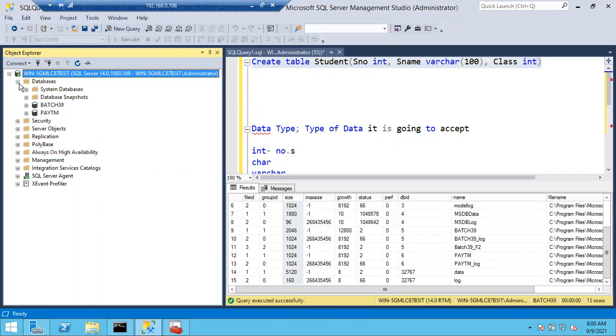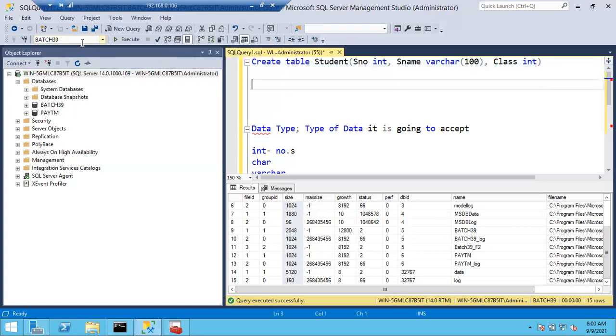Whenever you're running a query, if it is a select query, it will simply throw an error that the object does not exist. But imagine if it is insert, update, delete and so on, it will create a lot of issues, right? So whenever you run any query, before that, make sure on which database you are going to run this query. Very important, guys. If you make a mistake here, that's it.